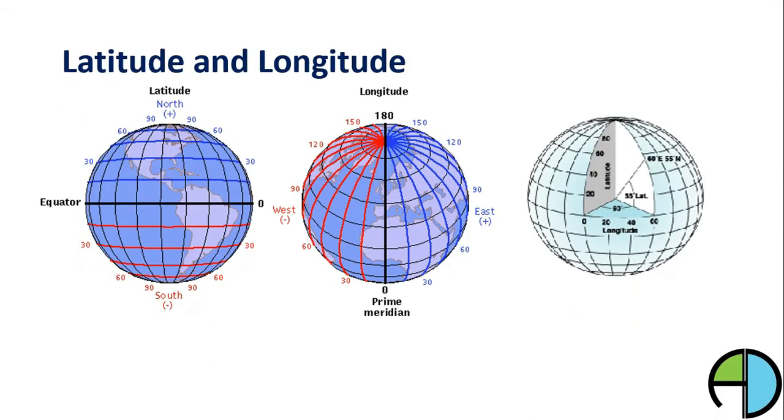Let us understand latitudes and longitudes in more detail. What is latitude? Here we can see on the screen that horizontal lines are defined as a latitude. Equator is considered to be the line of zero latitude. Latitude values increasing in the north, it varies from 0 to plus 90 degree and 0 to minus 90 degree